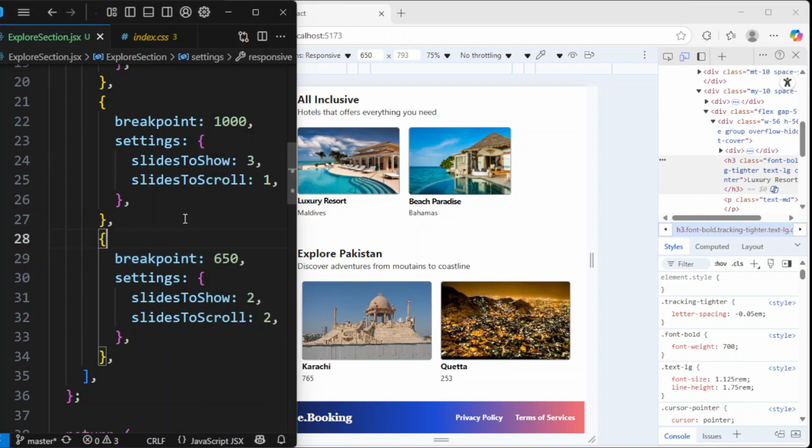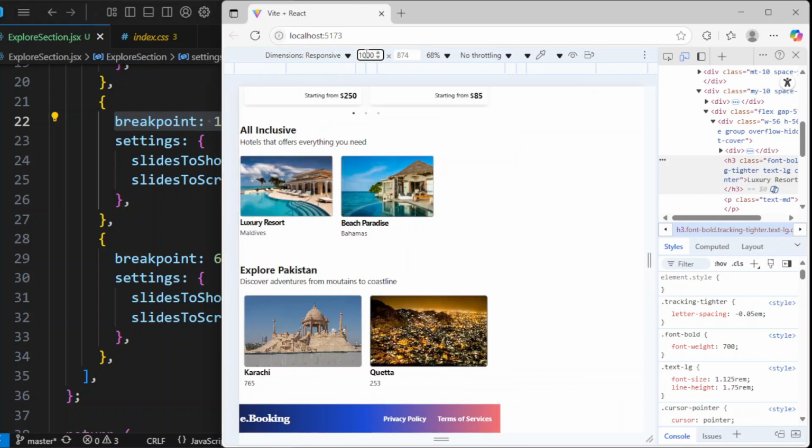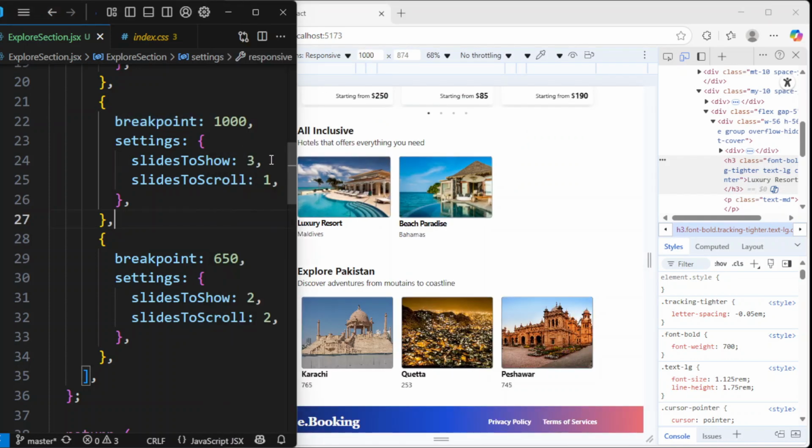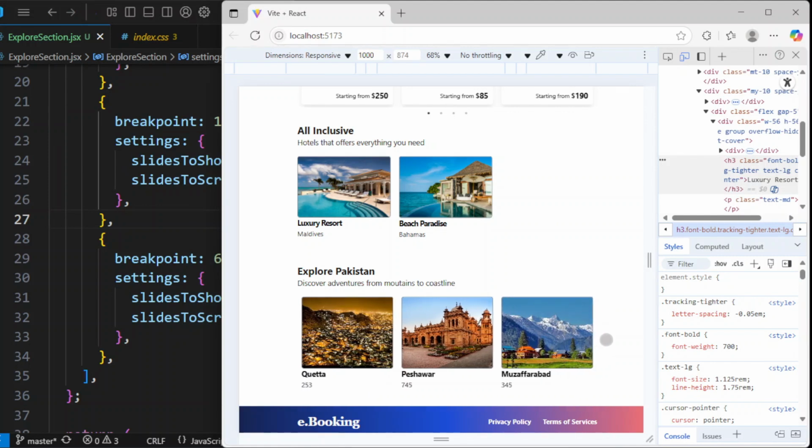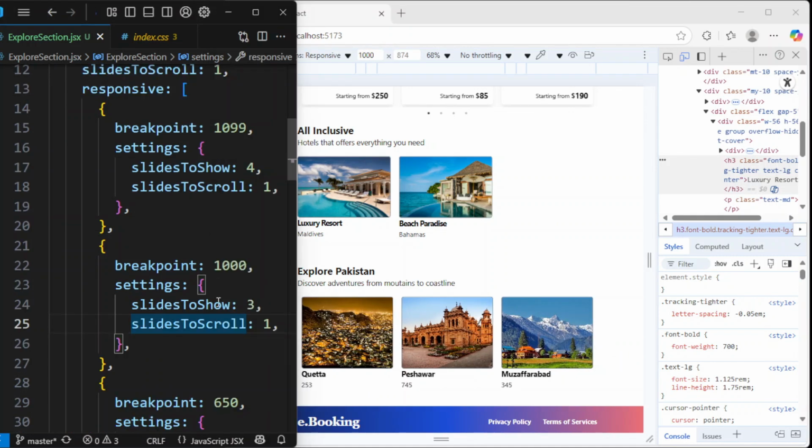From 650 until we reach the breakpoint of 1000, 3 slides will be shown and 1 will scroll. If we scroll, 1 card will scroll. And from 1000 to less than 1099, so 1098,